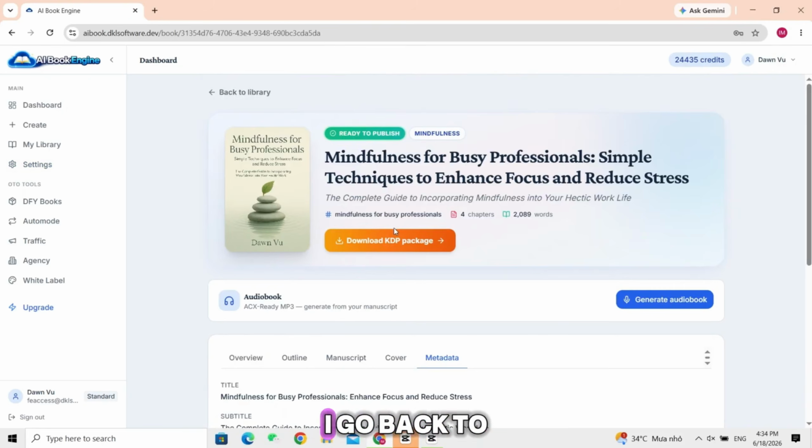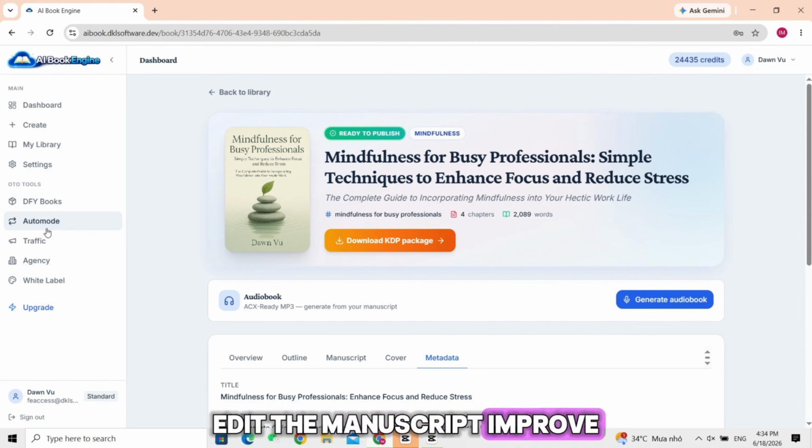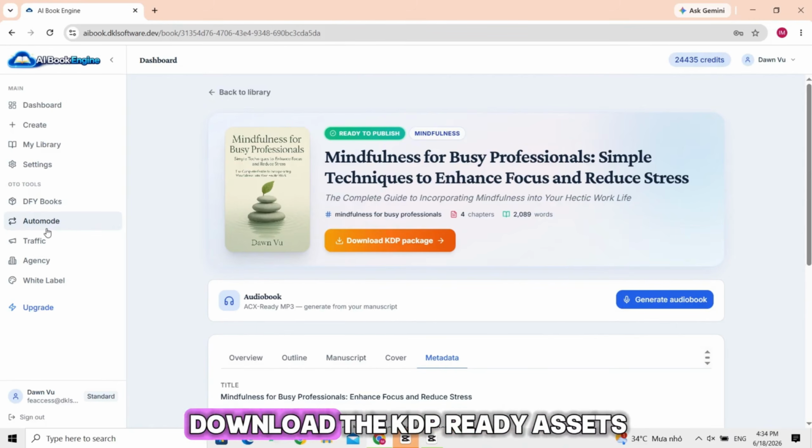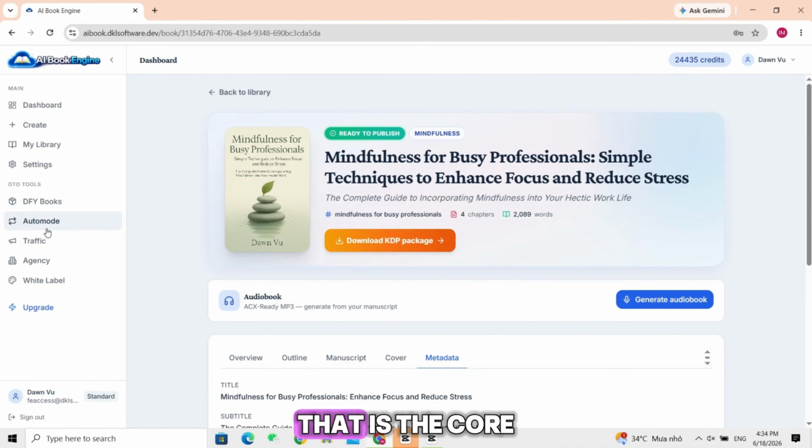To finish the workflow, I go back to the book detail page and point to Download KDP Package. That is the final handoff. The user can review the outline, edit the manuscript, improve the cover, check the metadata, manage the project in the library, and then export the package when they are ready. So, the full workflow is simple. Start with a keyword, choose the niche and style, refine the brief, generate the ebook, polish the project, and download the KDP-ready assets. That is the core promise of AI Book Engine, one guided dashboard for turning an idea into